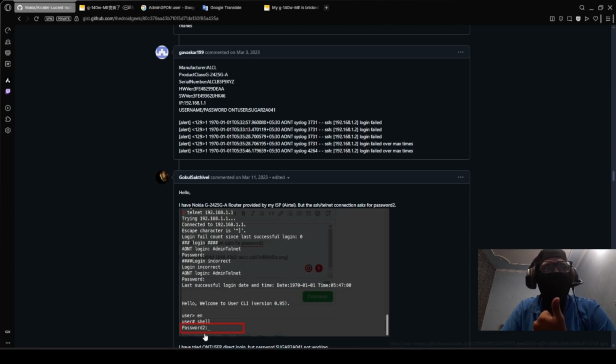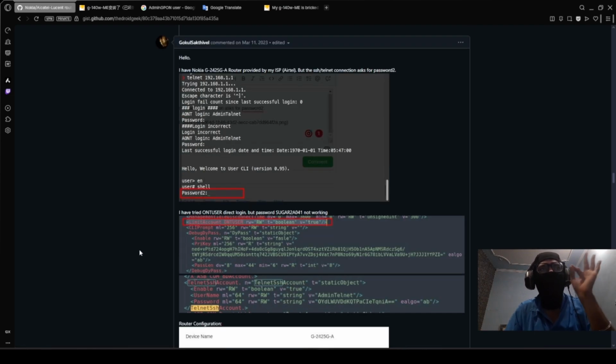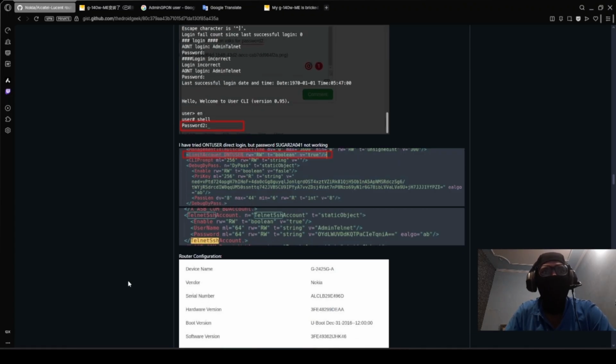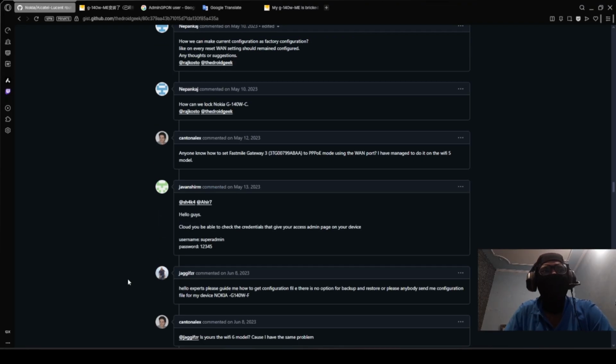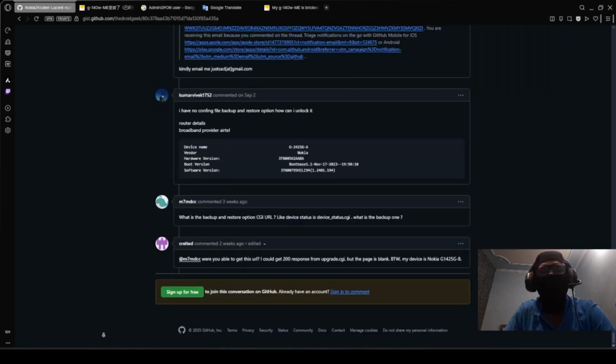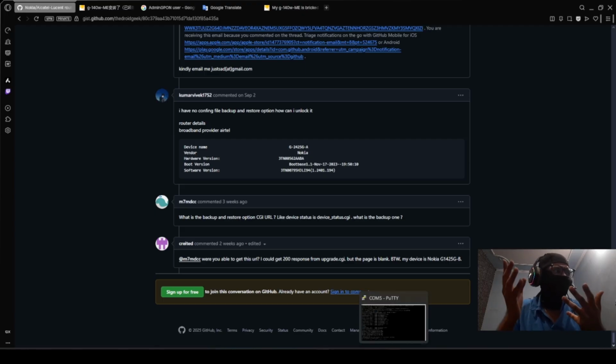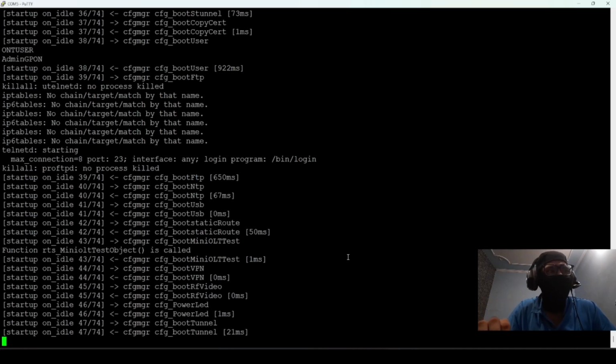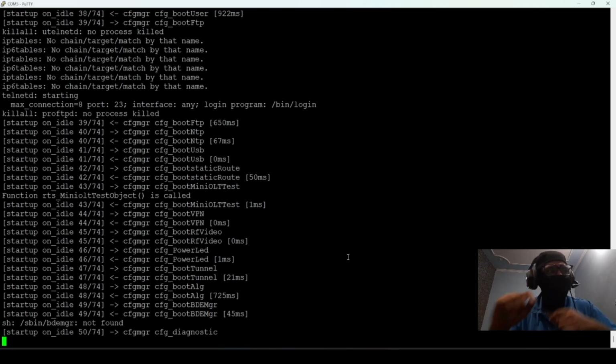Last time this was not happening, right. The shell password is 2, right? They are trying to escape this shell but it is not working at all. I have tried the ONT user but it's not working. So they have tried this but nothing is working for these people. So let's see if we can do it. Can a simple 100 rupee thing do it, along with some knowledge of scripts?